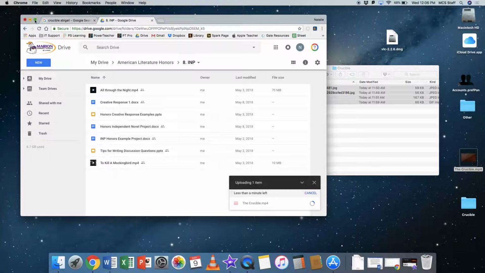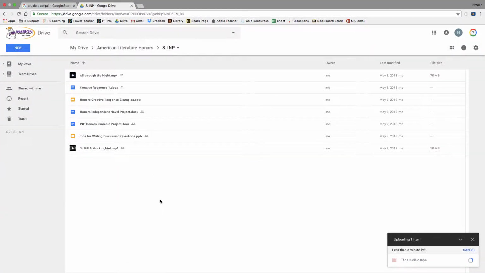But once you've done this, you will want to wait until it looks like this one. Notice how To Kill a Mockingbird and All Through the Night, they actually have a video on it. It doesn't have the little red thing that you see over here, okay? You'll want to wait to actually upload it until it looks like this, like a proper video, rather than this little red thing. Okay, even when it's done uploading, it technically won't be done until it looks like this. Okay, if you need me to check it before you actually submit it, please do so. Otherwise, the rendering won't be correct. All right,